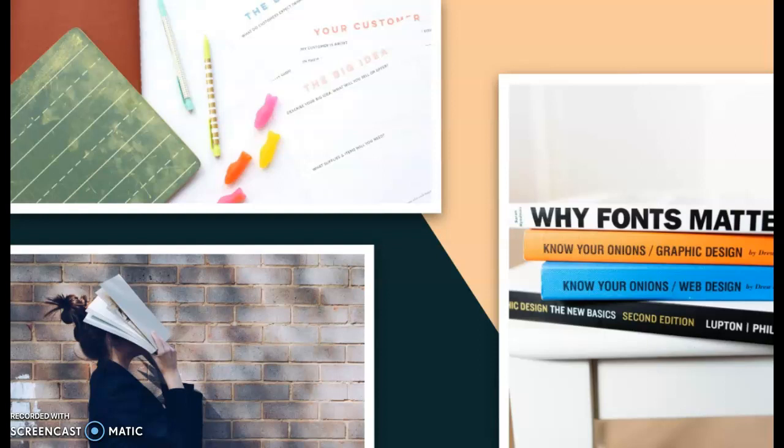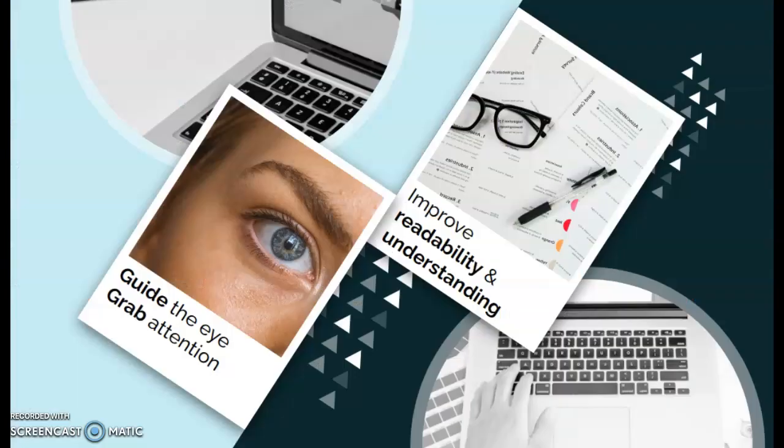I believe we can boost student engagement, reduce distraction, and improve retention by following the same design principles that designers use when creating for clients. Designers are taught simple rules such as guiding the eye, grabbing attention, and improving readability and understanding for all reading levels. I believe that we need to incorporate those same techniques in our classroom to promote a learner-centered experience within